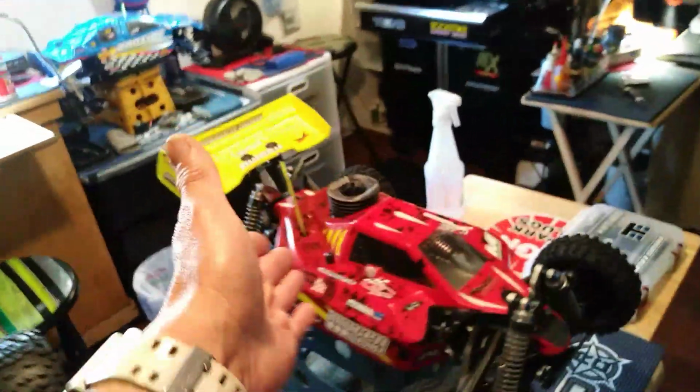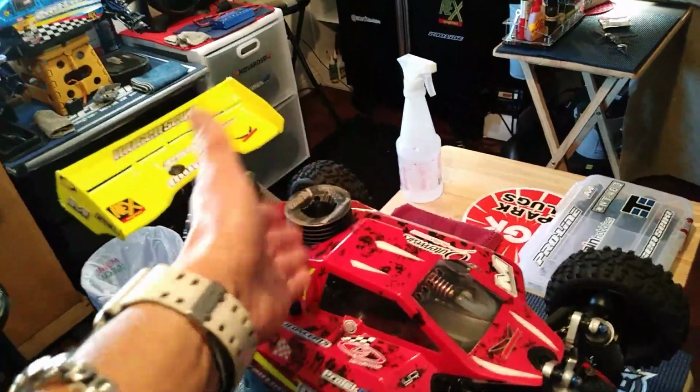The only reason I dig these .21s that I have, these two that are my OS and this one, is because they're modded. The other two that I have, this OFNA